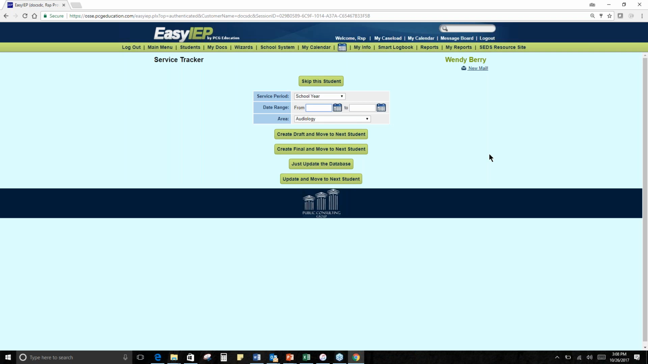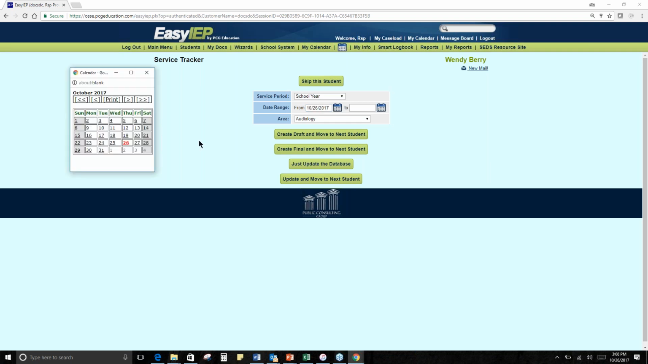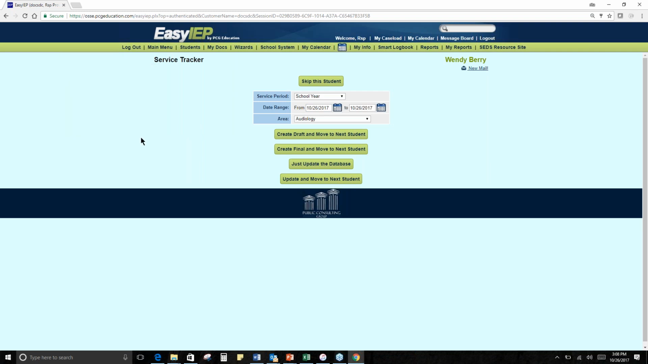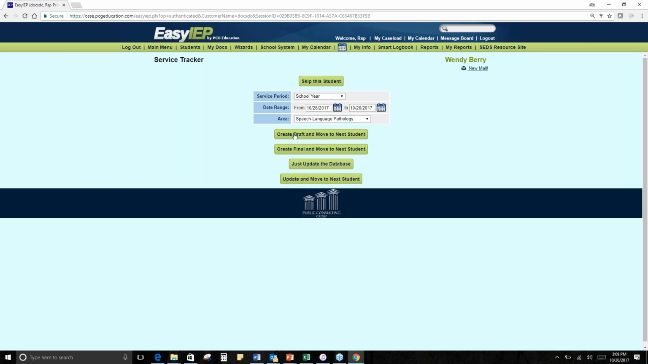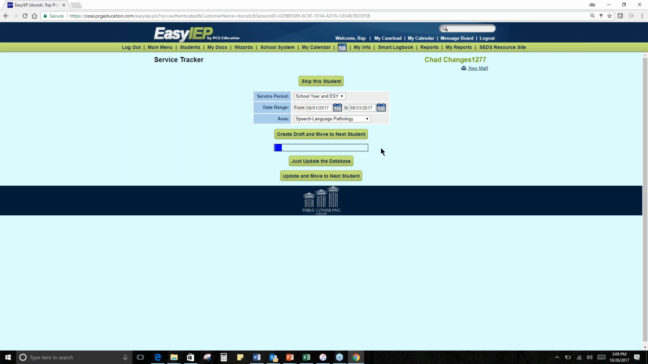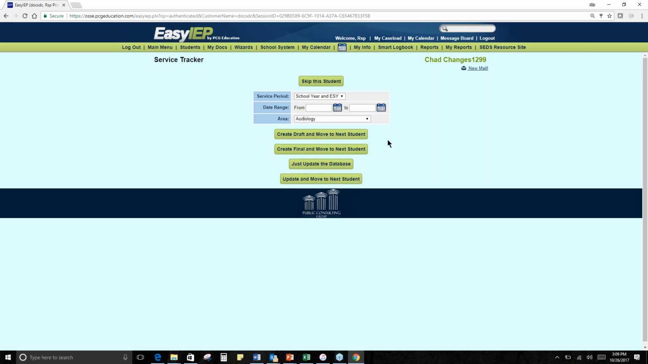And so what this does is giving you all the students that you have created service logs for, and it lets you create a tracker for each individual student. I'm going to choose this time frame. Actually, I can choose it for the month, but I'm just going to choose today because I know I log services for today. And the area was speech. So you can create a draft or you can create a final. The draft is going to allow you to take a look at it before you make a final document. Okay? When you create the final document,